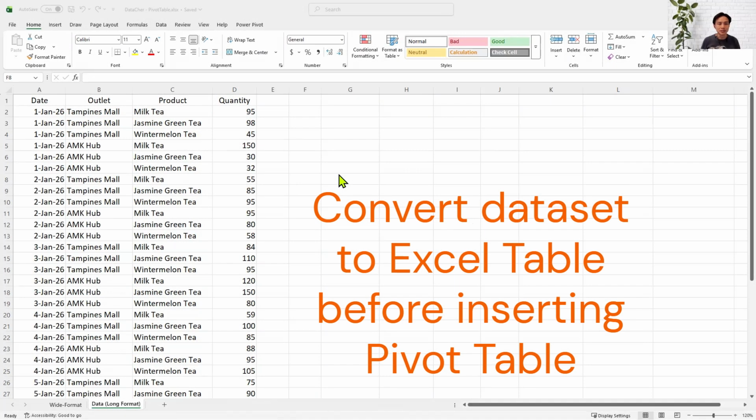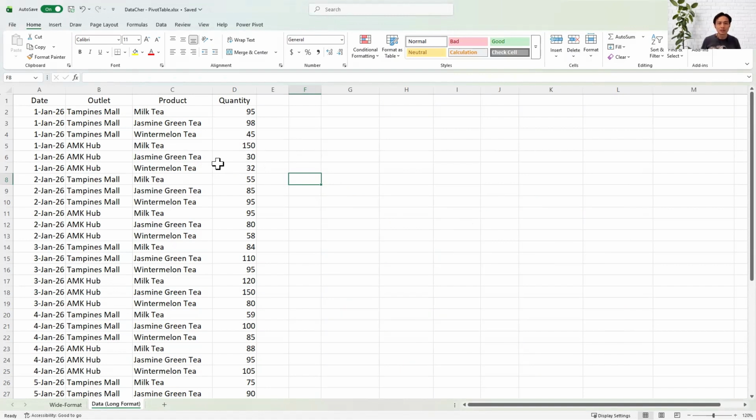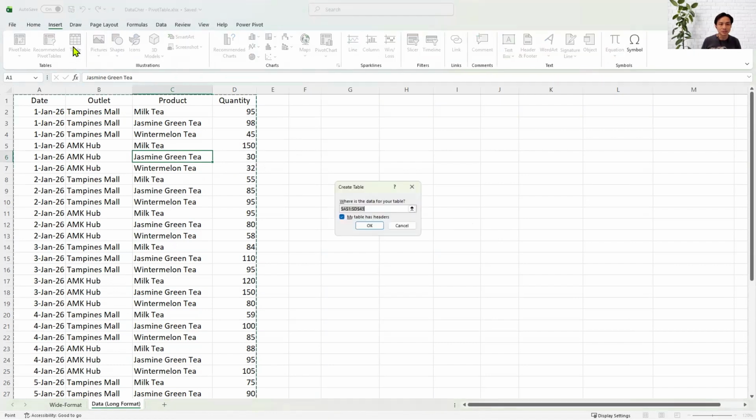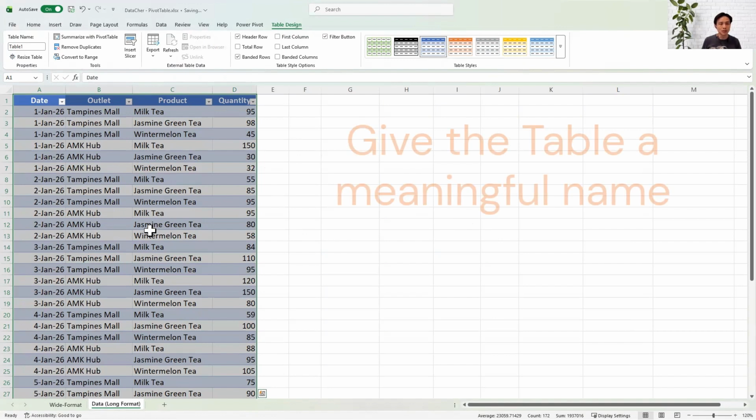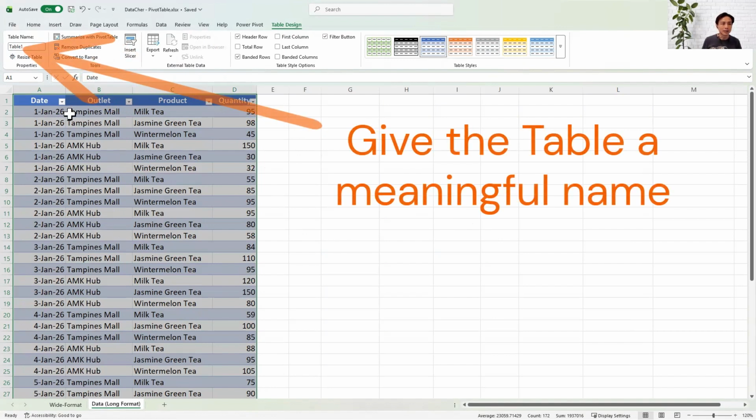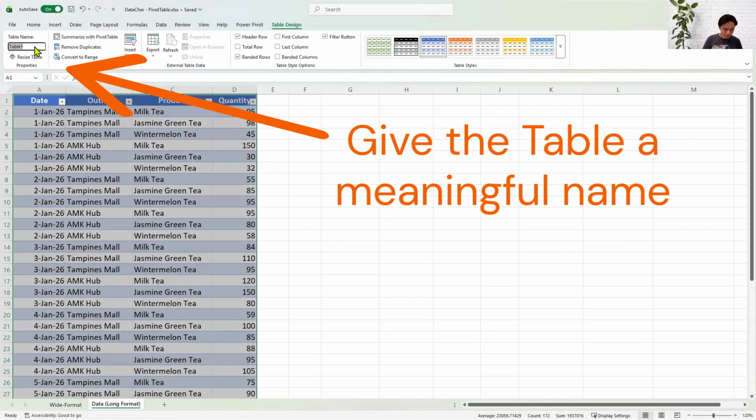Before creating the pivot table, it is good practice to convert the dataset into an Excel table. This ensures that if rows are added later, the pivot table will still capture the updated data. So what I'm going to do is click into the dataset and go to Insert Table and click OK. So now I've converted the dataset into an Excel table. I can name the table Sales Table,